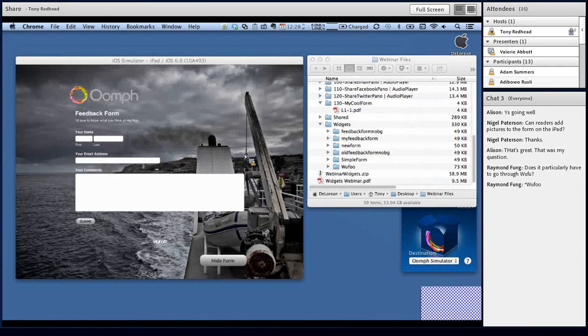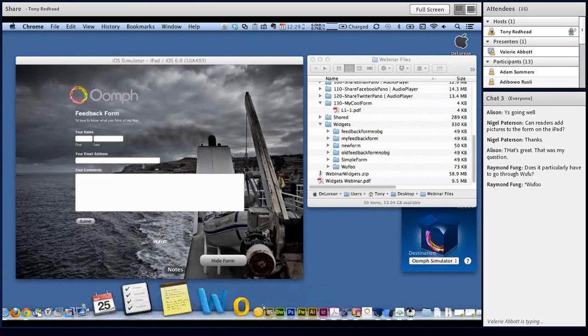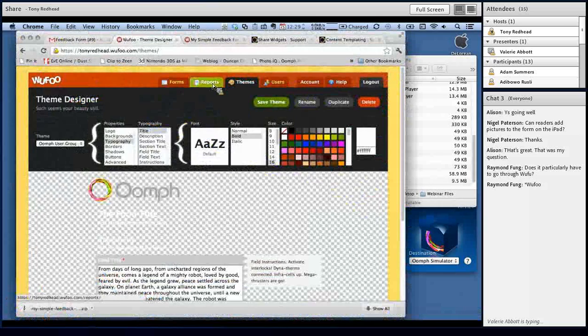Raymond, does it have to particularly go through Wufoo? That is a good question. There may be other places out there that do that. Or you could, if you had the whole thing built yourself. It's just that the nice thing about Wufoo is it's a free service, and when you go back in, you can do some quite remarkable things, and they've built amazing stuff into it. There's one example I saw where you could put up images and people can pick the image that they like. There's a whole reporting back end on it. I really haven't had a chance to go into it that far, but